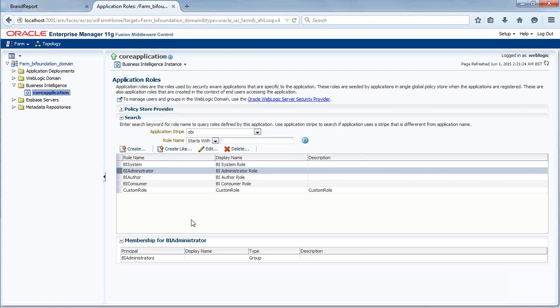But again, as I said, these are the four default roles available as part of your OBIEE, which get created at the time of installation. And that's what we are doing so far. We are creating the users. When I create the users, I'm adding the user to any of these roles. My user can be an author or a consumer or administrator. This is the default. Now I can also create my own role as well, because at the end of the day,